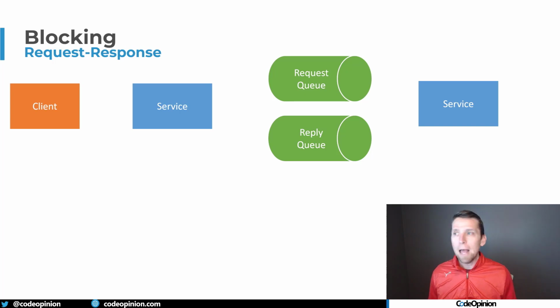If we have a happy path and everything's working great and we have high throughput, then yes, this is going to work great. But the moment that anything starts getting delayed, our blocking call from our service is just sitting there blocking, waiting for a reply. Now, I do think request response using queues can be helpful, but asynchronously. I'll have a link in the description for a video I've done on that related to workflows.